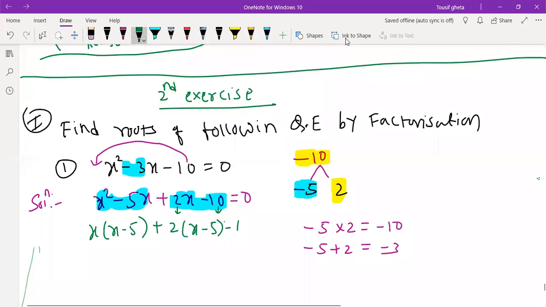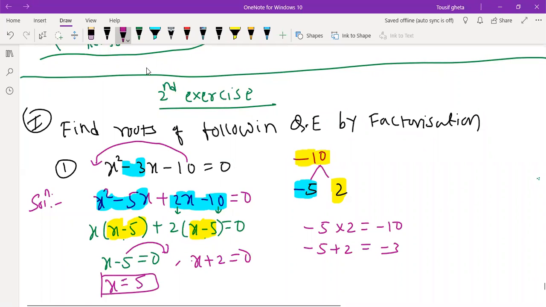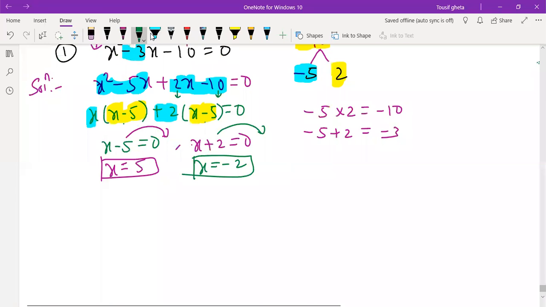So x minus 5 equals 0. We can write x is equal to 5, as this 5 will come to the right-hand side. Correct? Next is x plus 2 equals 0. This one is x and this is plus 2, which we brought here. So x plus 2 is equal to 0, and we can write x is equal to minus 2. Finish. This was the first one. Yes, Ron, right answer. Very good. So it was the easiest one.